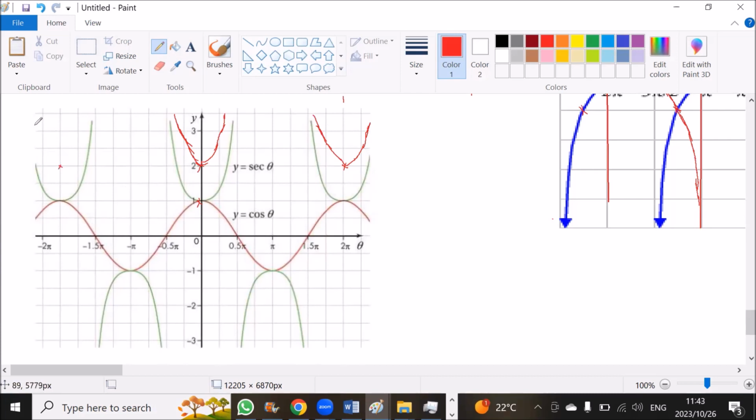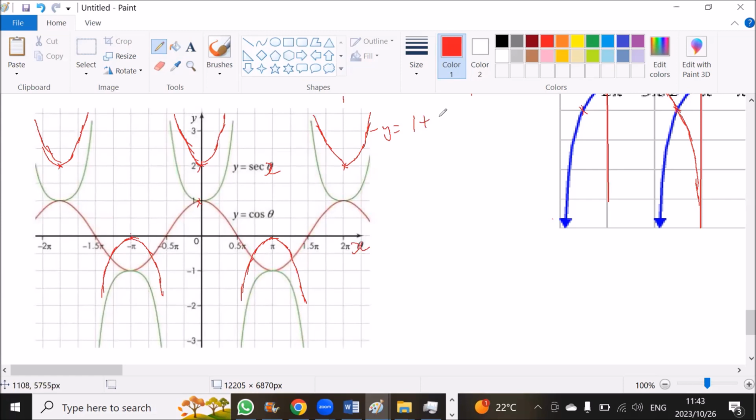So we have our graph. This will move there. Remember, we must keep our asymptotes there. Just move it up along the y-axis by 1. So from minus 1 by 1, it goes to 0. And it also does the same thing there. Okay, so now we have our graph of y is equal to